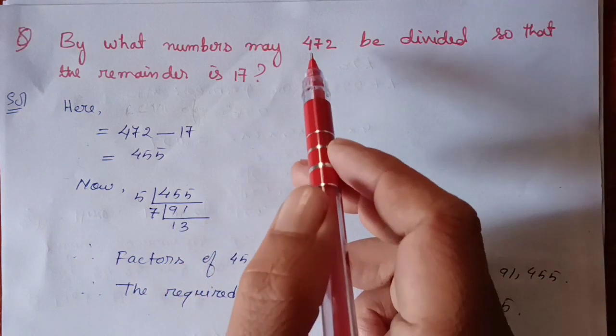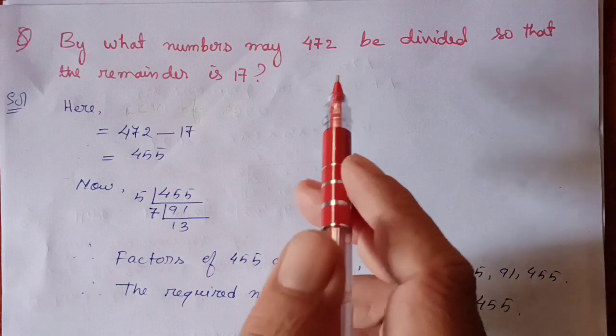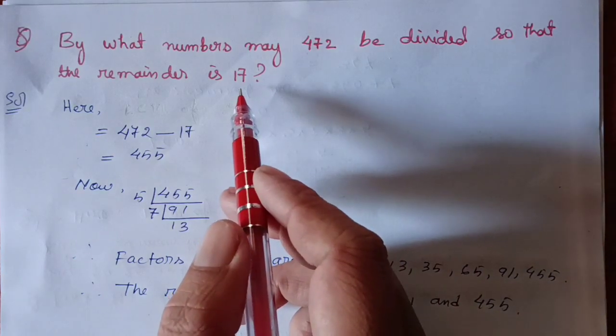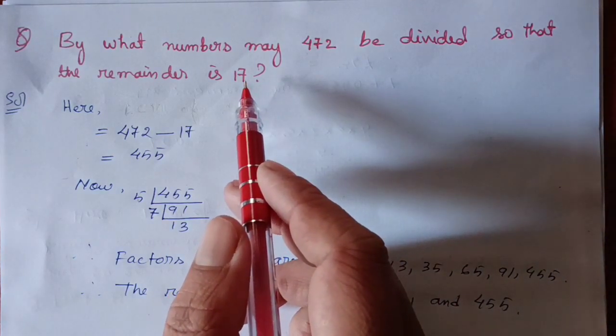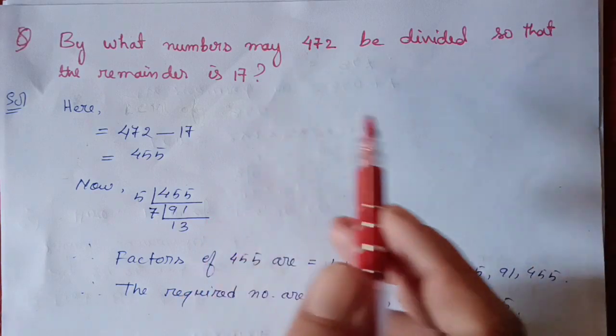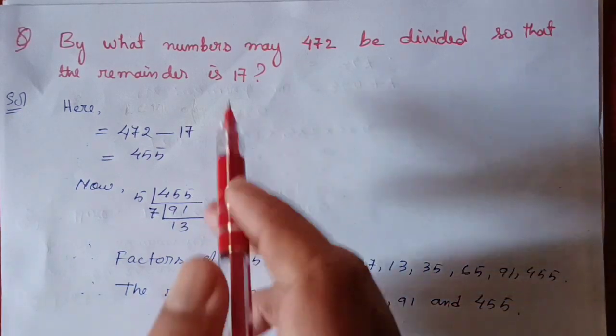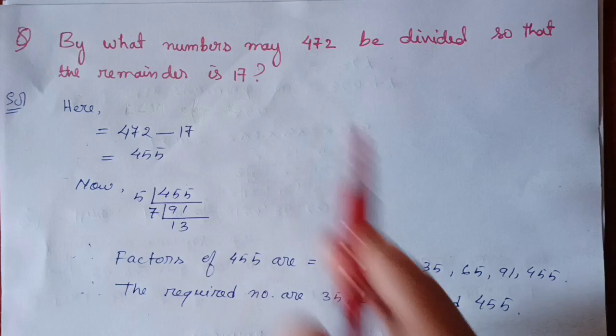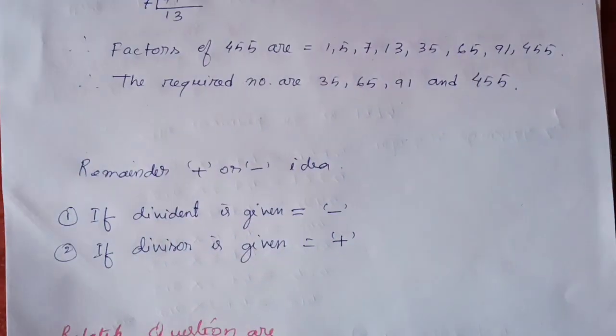So we should divide this 472 and we should surely get 17 as remainder. If we cannot get 17 as remainder, then that is wrong. So before we start this question, we need to know one idea, that is